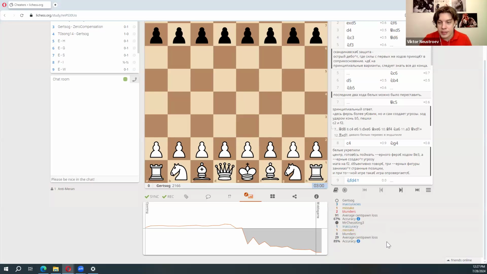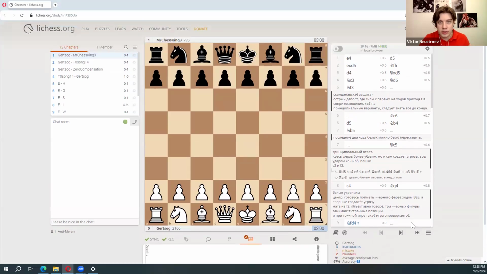So what does centipawn loss mean? A pawn in chess, according to the engine, costs 1. If your opponent made a move that is worse than the best move suggested by the engine by 1/4, then he loses 1 centipawn.